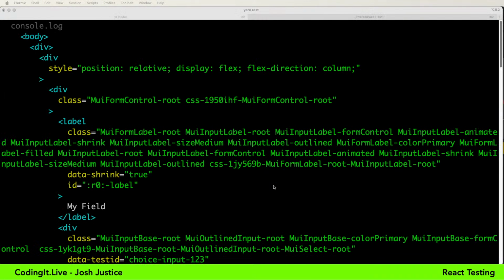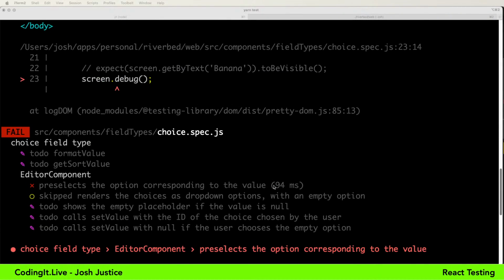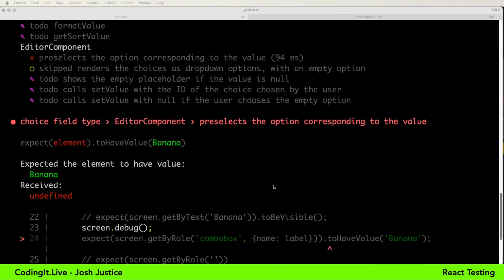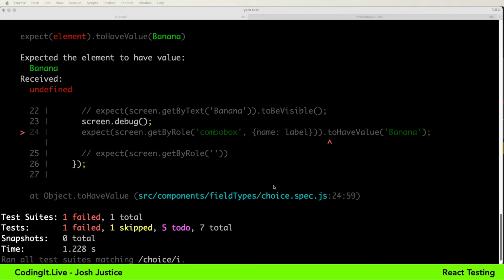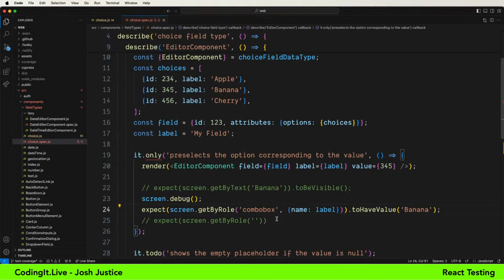Can't believe I just made a Minions reference. So this is logging output and then it errors. Expected to have value banana, but it received undefined. So yeah, experimenting with this is kind of complex, and I wish there was better error output from RTL.